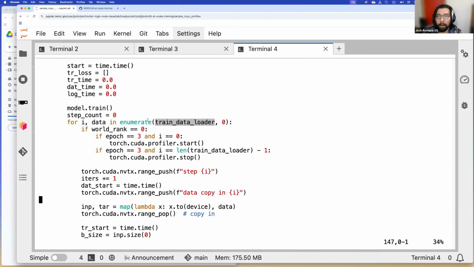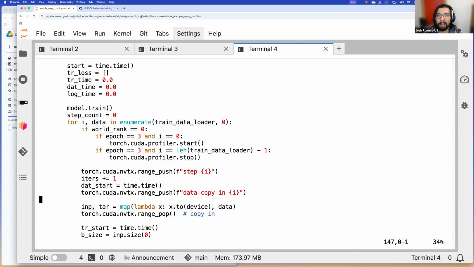And so we haven't broken apart the iterator to add a range around what's happening when you call the next function on this generator, if that makes sense. So all of this white space in the profile is what's happening inside the call to get next of train data loader. We could have added an NVTX range that would show you on the profile explicitly